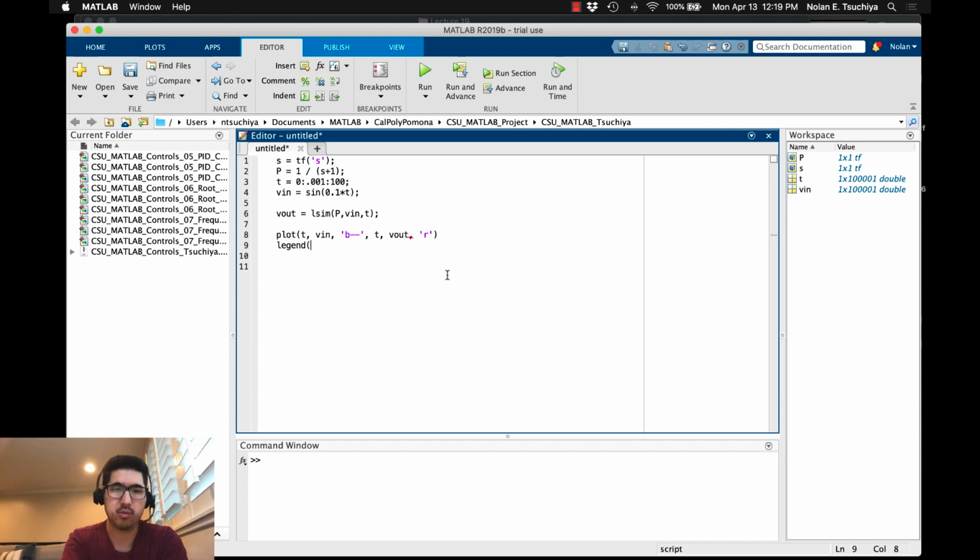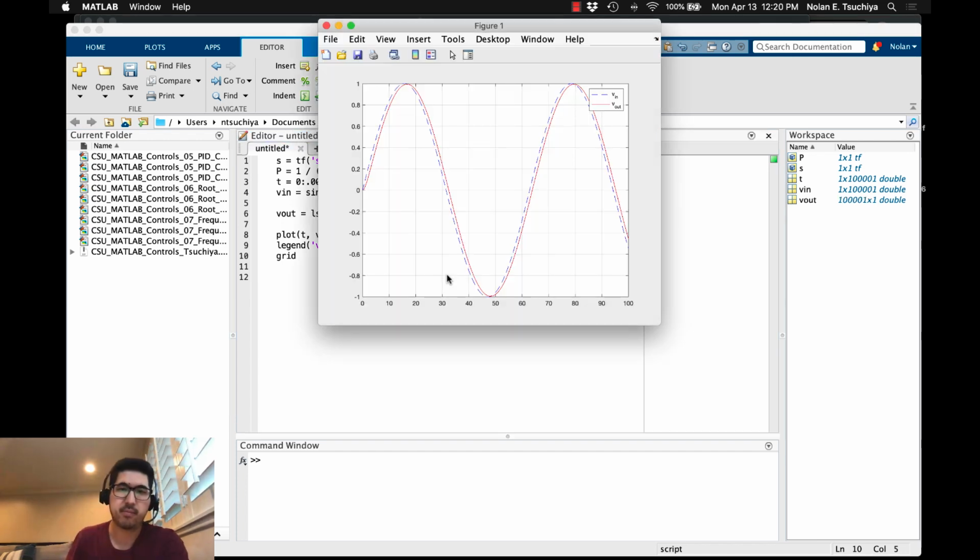And then we'll want to define the input. So the first argument was the input voltage, so that'll be V in, and the second one is going to be V out. Okay, anything else we need? We'll throw a grid on there just to see, and if we run this, we should get a nice plot